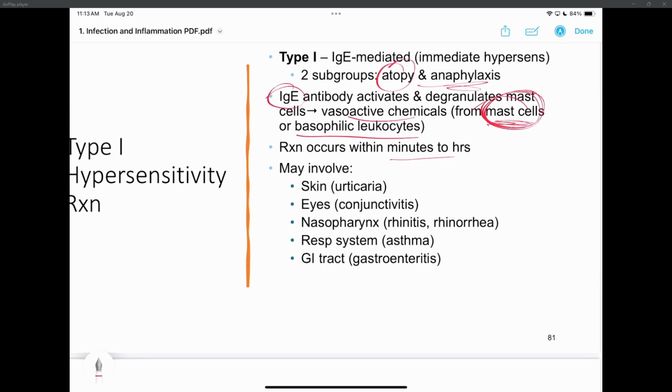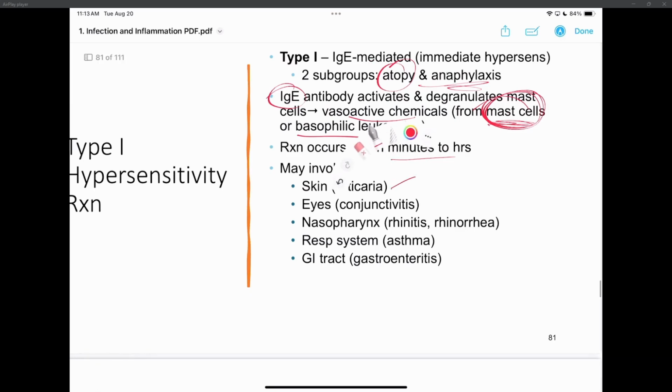What are the signs and symptoms that could be included in a type 1 hypersensitivity? Urticaria, skin. What's urticaria? Pruritus is itching. Urticaria is hives. Eyes, conjunctivitis, that injection in their eyes from the allergic response. Rhinitis, rhinorrhea. Asthma can happen as an allergic response to an antigen or allergen that goes into your bronchial pathways, can cause a hypersensitivity reaction and you get asthma. That's why a lot of the triggers for asthma, smoke, animal dander, those things are like allergies.